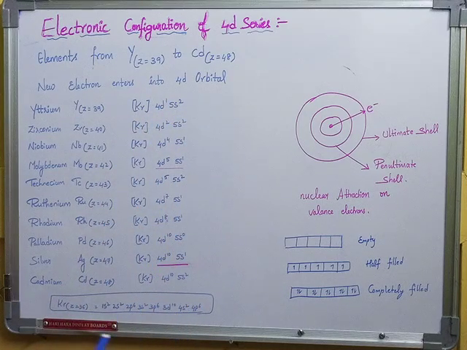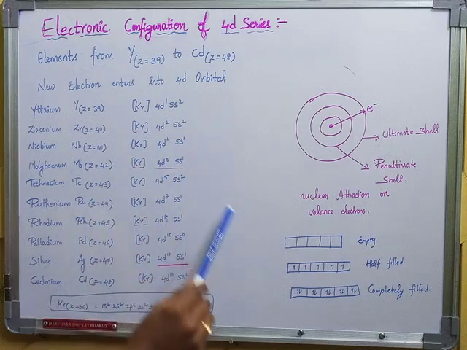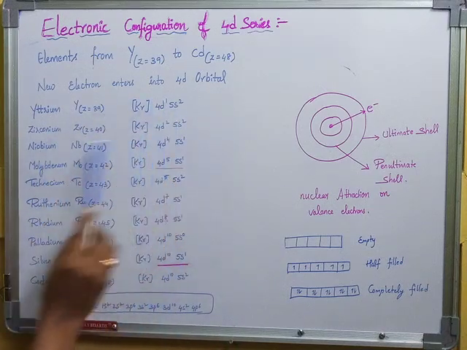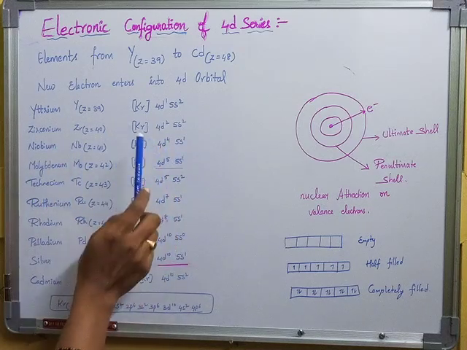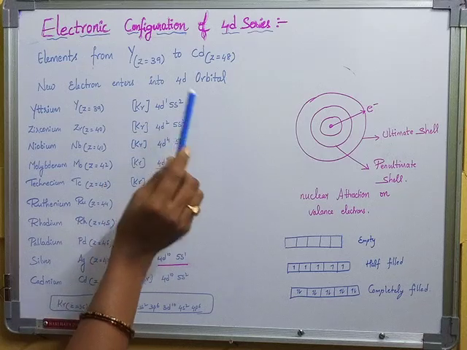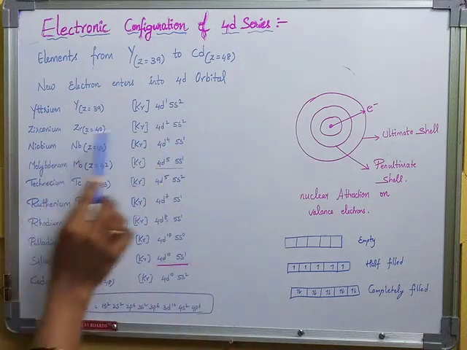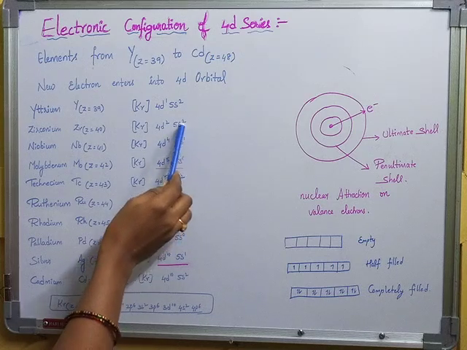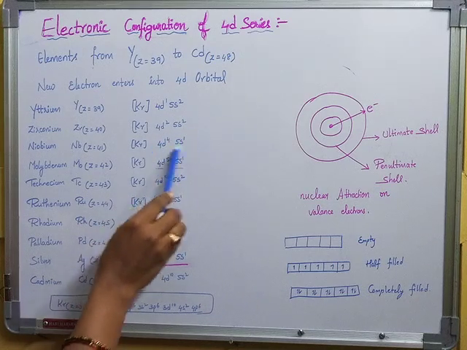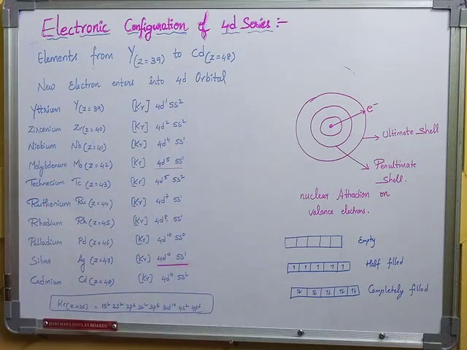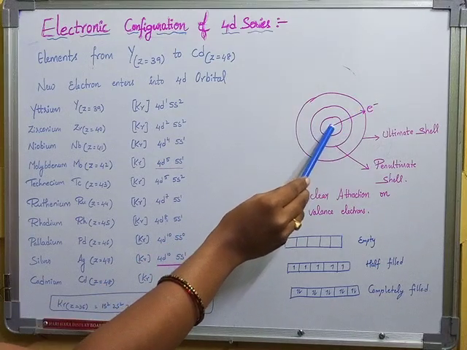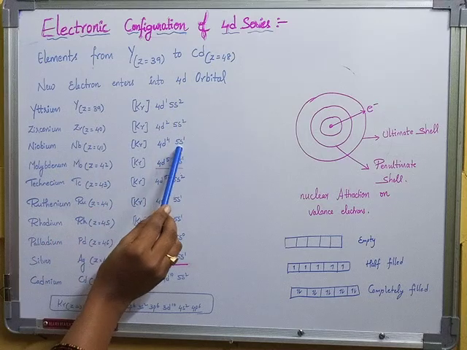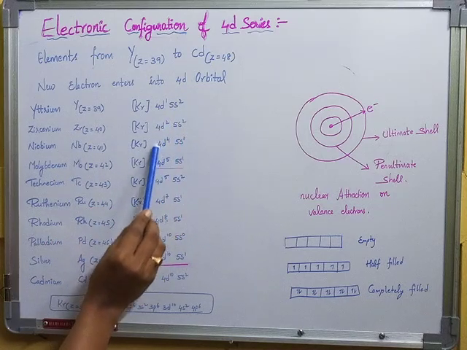We have many doubts while filling the electrons: why is there a jumping of electrons? That reason I'll explain now. You can see that from niobium onwards, we have some differential filling. Up to zirconium it is okay, 4d2 5s2, 4 electrons are filled normally. But in niobium, 1 electron from 5s is jumping to 4d. This is the reason of nuclear attraction. That means the electrons of the valence shell are attracted by the nucleus present in the atom. Due to that reason the 5s electron is jumping to 4d.